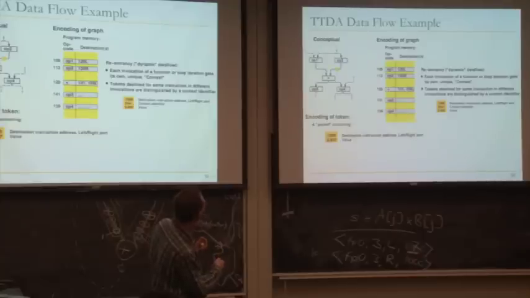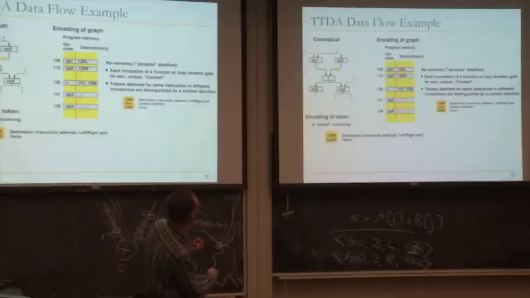But I guess I'll go through this very briefly just to show the operation of memory later on. These are the operations. These are destinations of the operations. And this is the memory location of each instruction. So you have the opcode and the destinations. And you have some context ID associated with the operation and the value. And this is the destination instruction address. This is the token, basically.